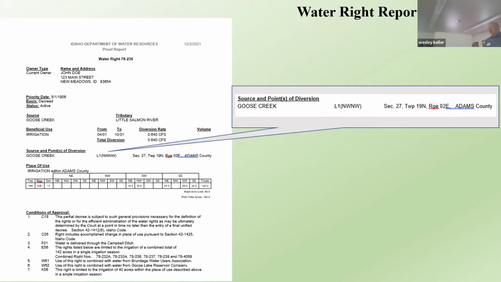we do keep record, through map and through GIS database, of more precise points than just 40 acre tracts. But this is the legal description of the point of diversion where this water right is to be diverted from. So you can see it's the northwest of the northwest of section 27, township 19 north, range 2 east in Adams County. One thing to note here too, points of diversion are always where the water is diverted